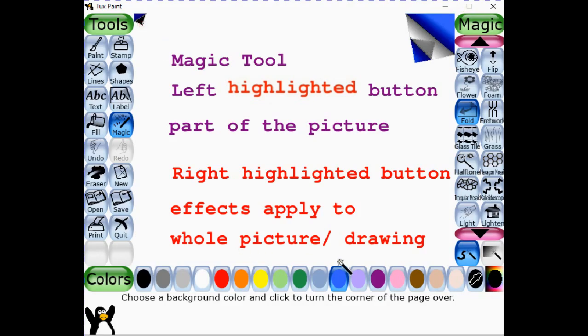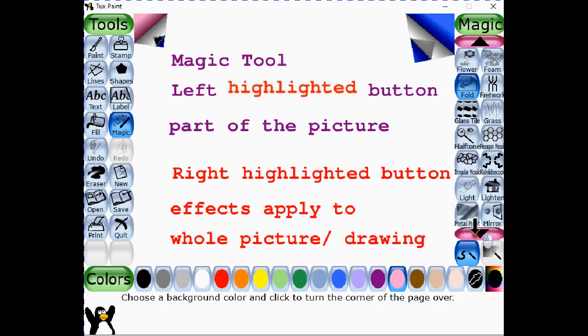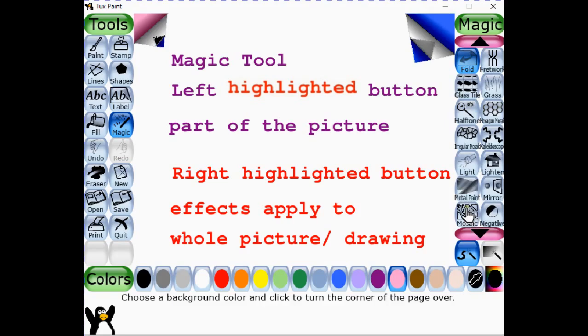Even here I can change the color. I will change my color and I can fold my paper. As you can see, fold curves appear on my drawing area. In the same way, we have many options in the selector. I can show you some more options over here. Like we have metal paint, navigate, mosaic, patterns, different magic effects which you can apply.